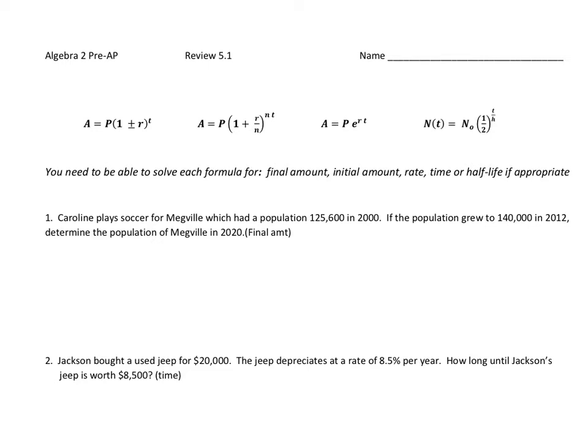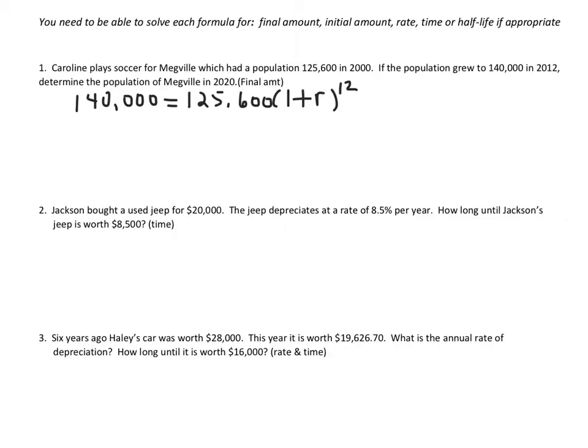All right, so let's begin with question 1. This problem is actually in two parts. In the first part, we have to find the rate of change. And then in the second part, we're going to use that rate of change to find out what the population is going to be in 2020. So I'm going to be using this simple